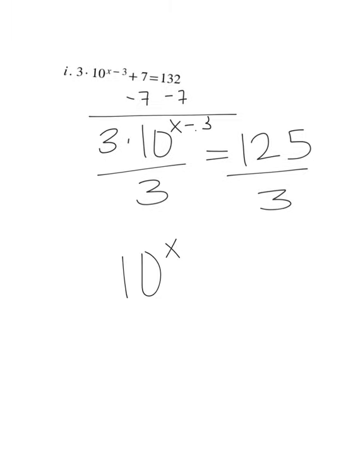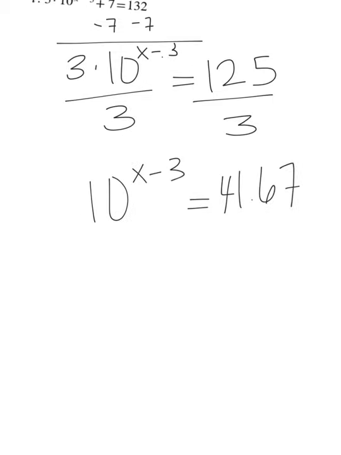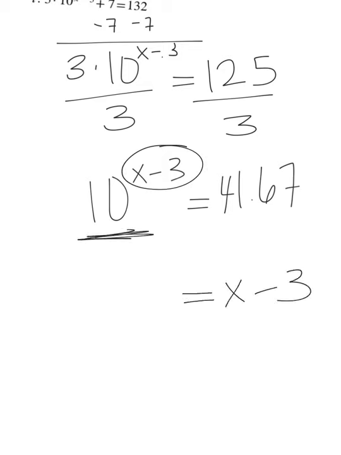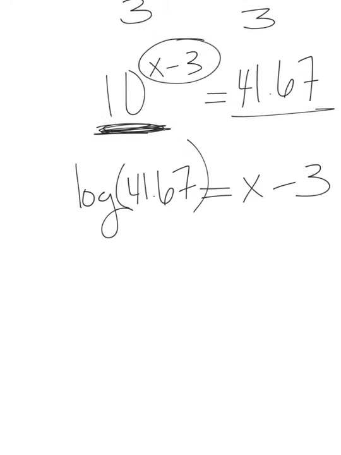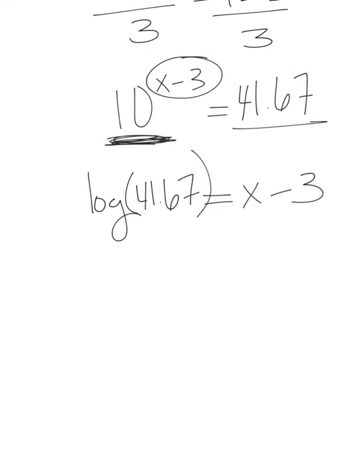So 10 to the x minus 3 is equal to 125 divided by 3, which is 41.67. And now I can use logs to rewrite this. Remember, whatever's in the exponent will be after my equal sign. So log base 10, that's this part, of 41.67. Okay, now I need to get x by itself, so all I need to do is add 3